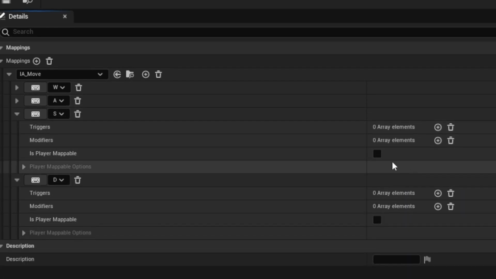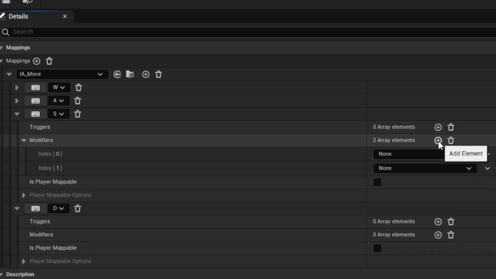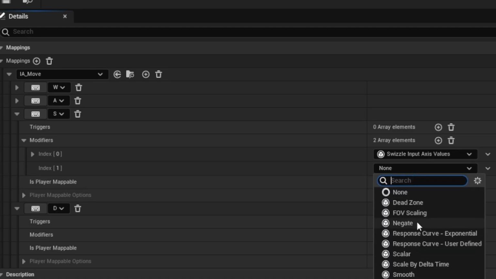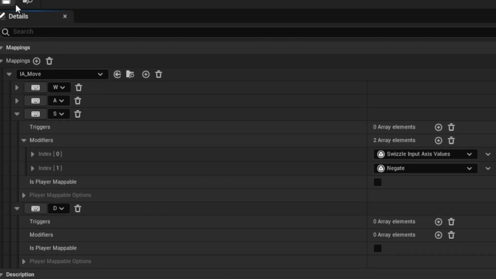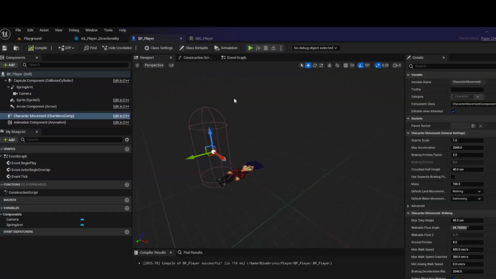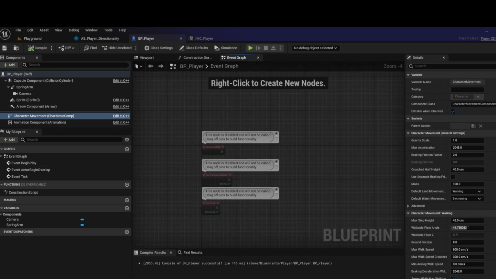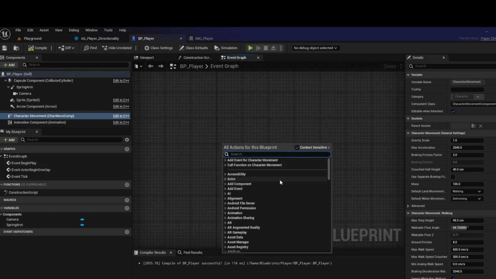For S, add a modifier, it's going to be Swizzle Input Axis and Negate. And for D, we do not need a modifier. Now we're going to add these input actions into the actual BP player. So go ahead and open up your BP player. Open up the event graph, IA Move,